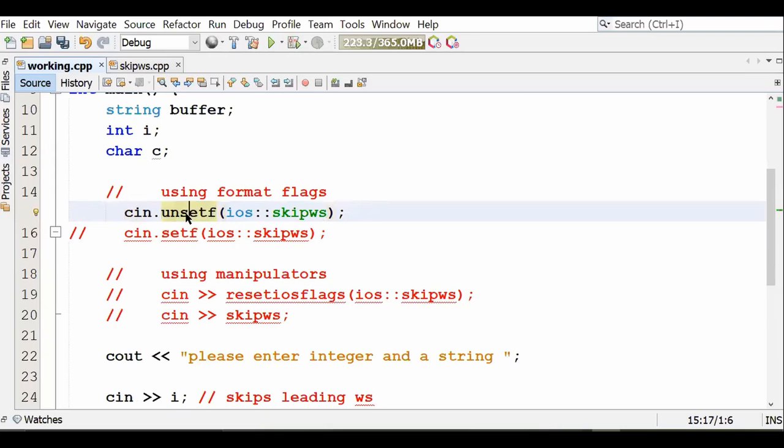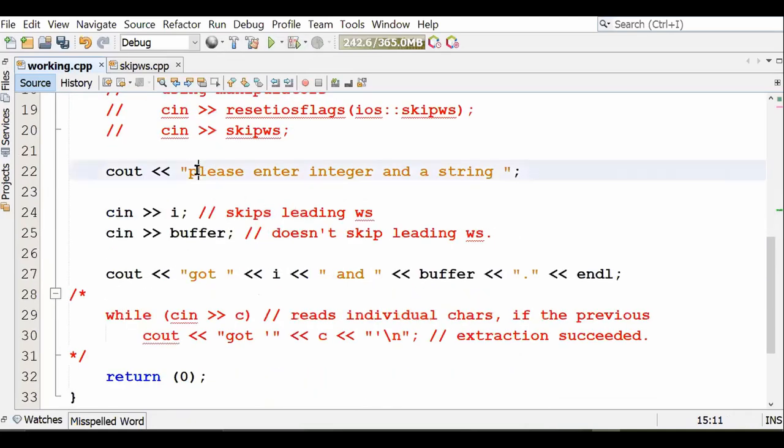So I'm saying cin.unsetf(ios::skipws), meaning skip white space characters, or I do not say anything. Let's not say anything. So I have not said skip, just like a regular one. I ask the user to enter an integer and a string. I first extract the integer, then I extract a string, and I display the integer and also the string.